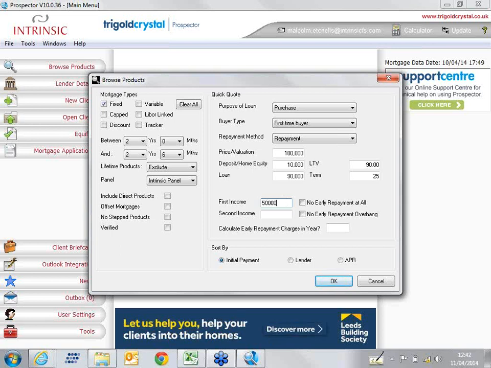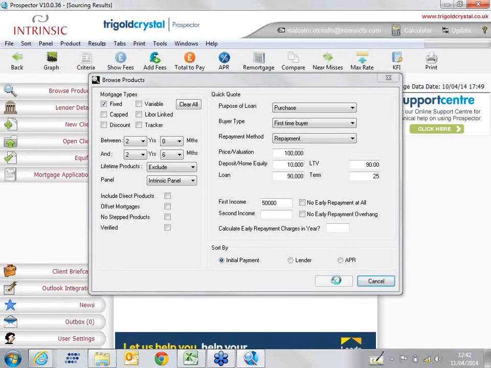So I would always put a generic income of 50,000 in, even though there might be 1 or 2 incomes. Go for 1 income, 50 grand, at least you know it's covering the loan, and you're not going to discount any lenders. Bearing in mind that when you do a workbench transaction, the income will automatically be pre-filled in, which really helps going forward. And also bearing in mind, guys, when you are doing applications on the system with the lenders, doing a DIP and a full application, you have to have the correct income. It's very important at that particular stage. We now press OK,